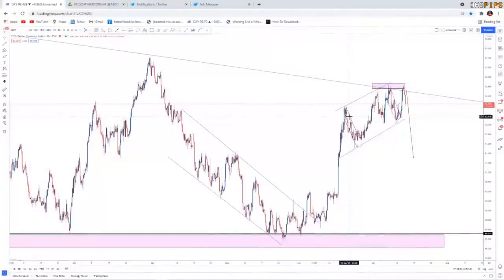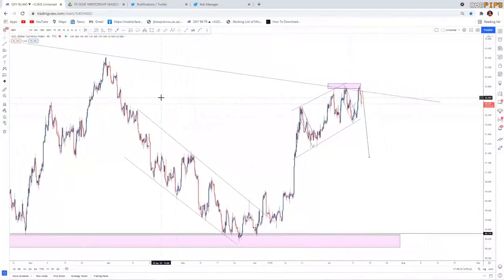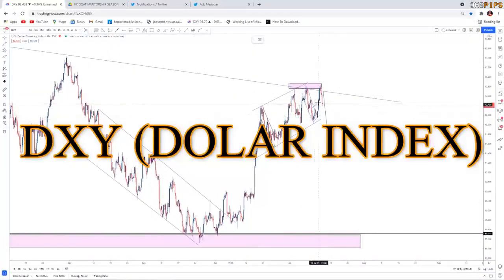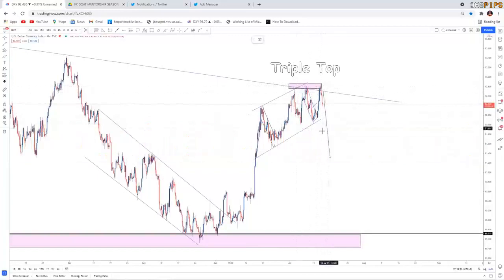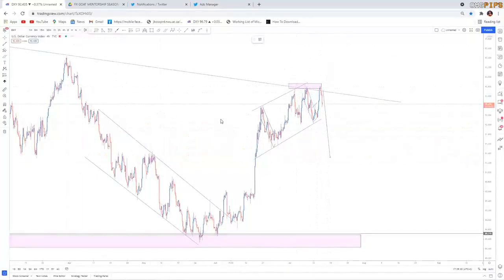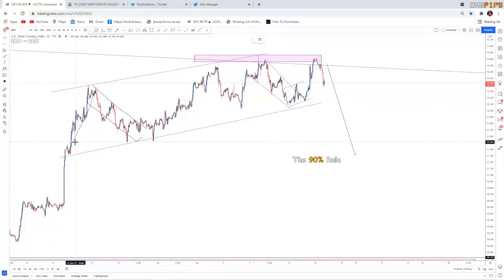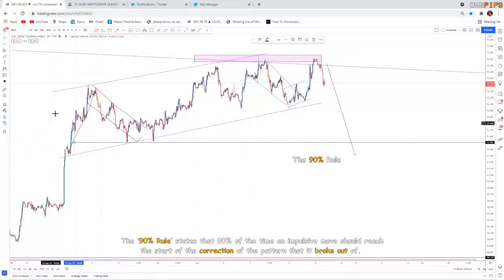All right, guys. So you would actually realize what I analyzed. I told you guys that the market will be dropping from here and possibly will be going up to retest there to create a triple top before it actually drops. As you can see already, it has started dropping, and now we're looking for a target till it reaches that low right here, which is probably the 90% rule of the whole entire correction, which is this whole entire